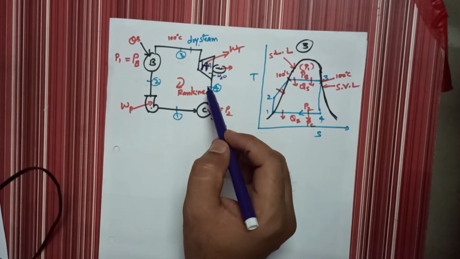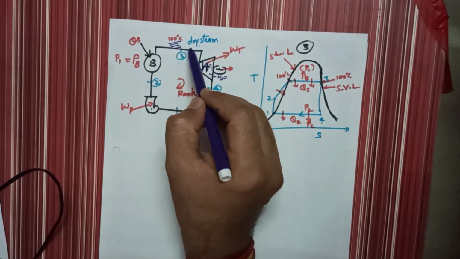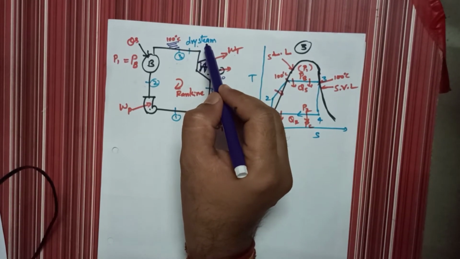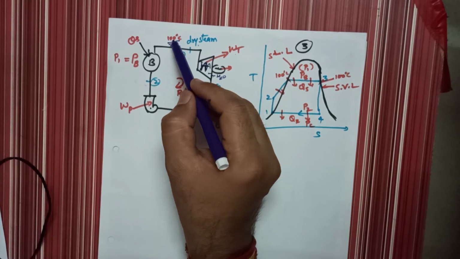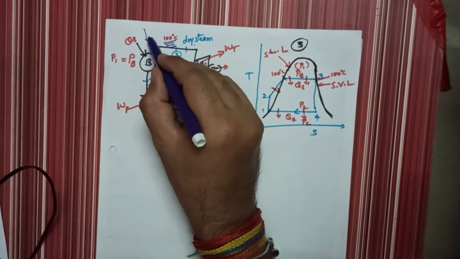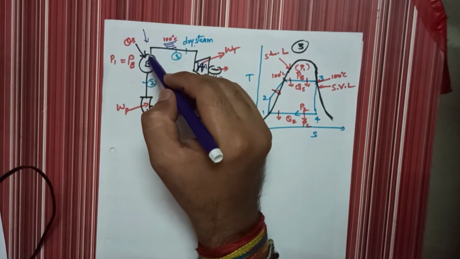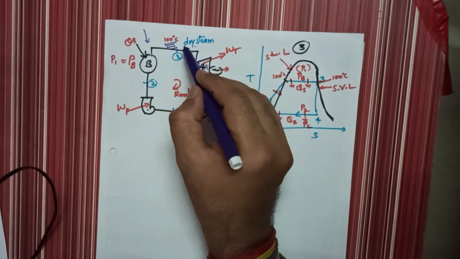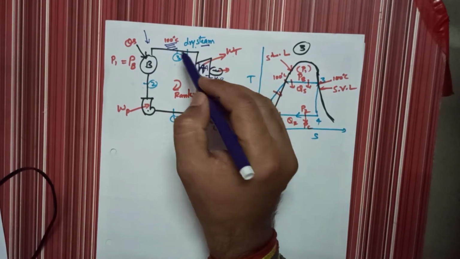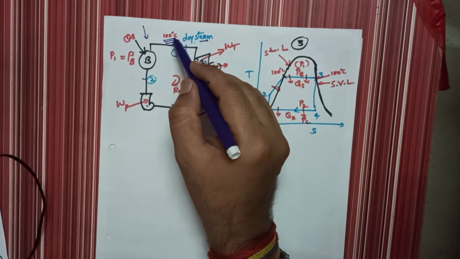But in the industry, what they do, instead of supplying 100 degrees Celsius steam to the turbine, is supply steam at a temperature more than 100 degree. So approximately, they will supply more heat. In the heat supplied in the boiler, they will supply more heat in such a way that the temperature of the steam passing to the turbine is more than 100 degree. More than 100 degrees, what is the maximum temperature?